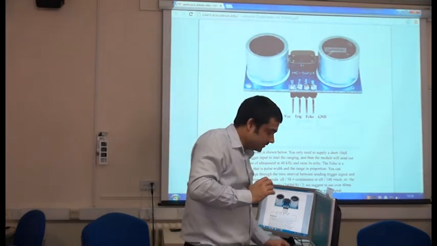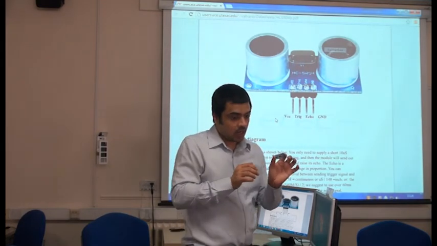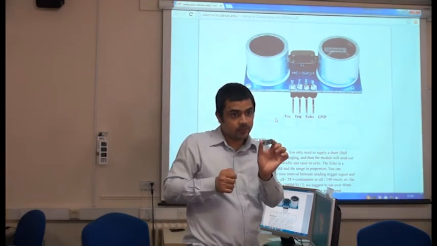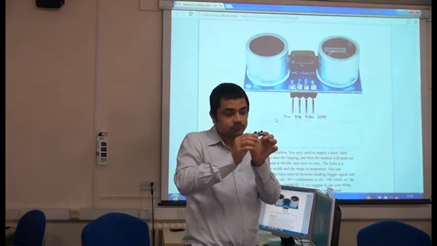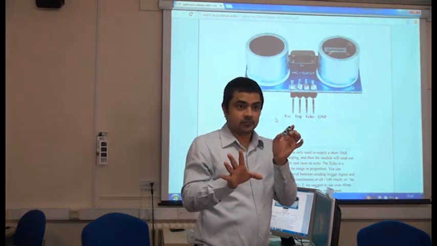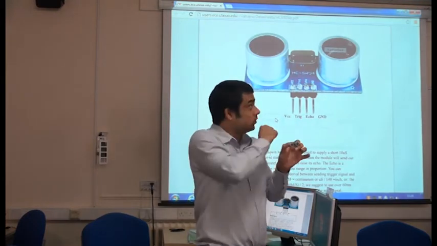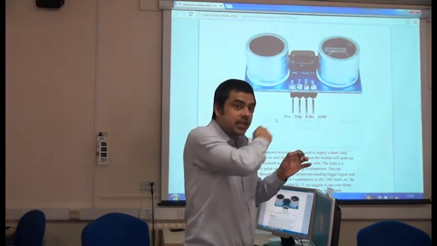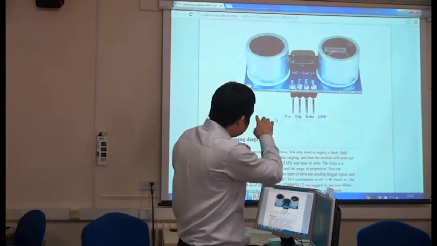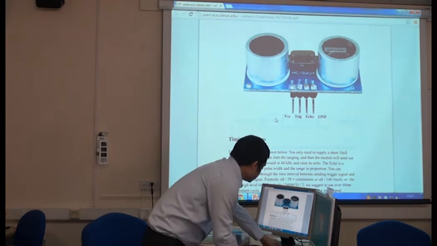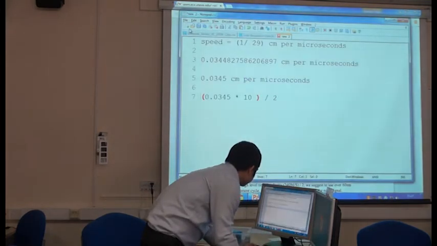So what happens is, you have got a trigger and you have got a receiver. The trigger throws a hello packet. So when you put a high voltage on the trigger pin, so suppose trigger pin is connected to pin number 2, okay? So if trigger pin is connected to pin number 2, so if you do like this,